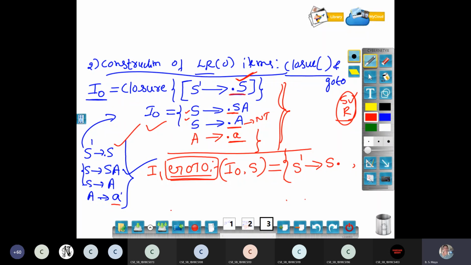Dot S is there, yes, so you have S derives. I have one more production with dot S. How to write it? Capital S derives, just move the dot to the right-hand side. What happens now? Yes, dot A. I am just moving the dot to the right of the production.